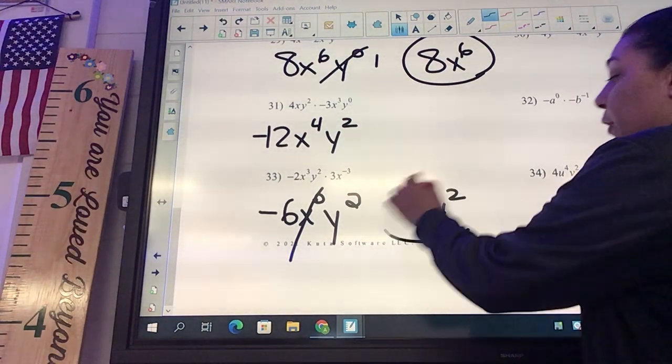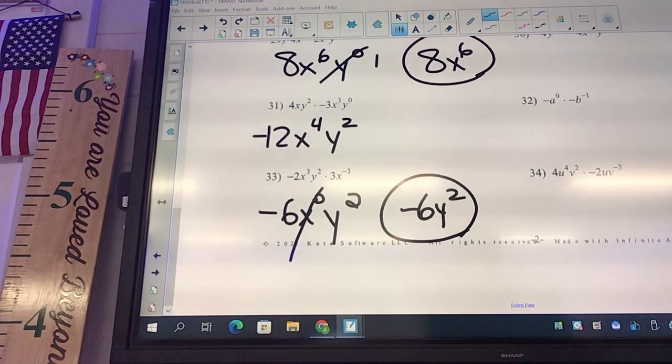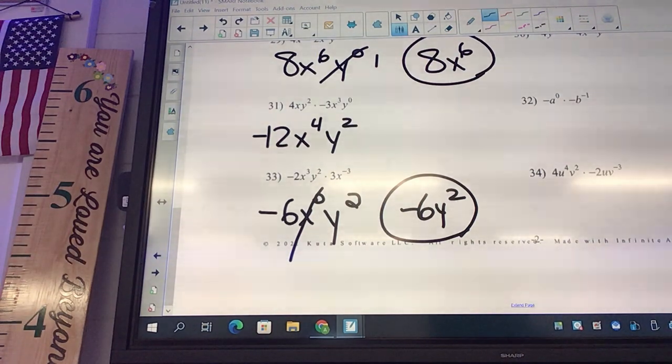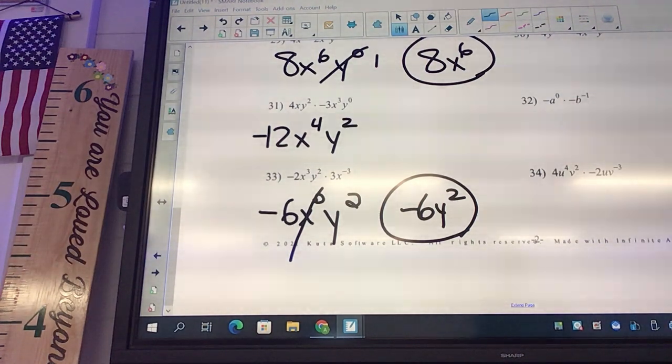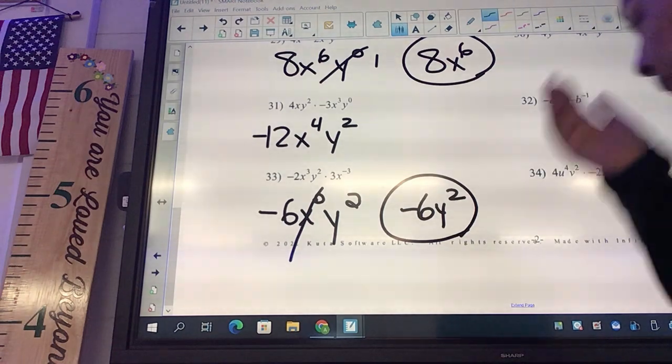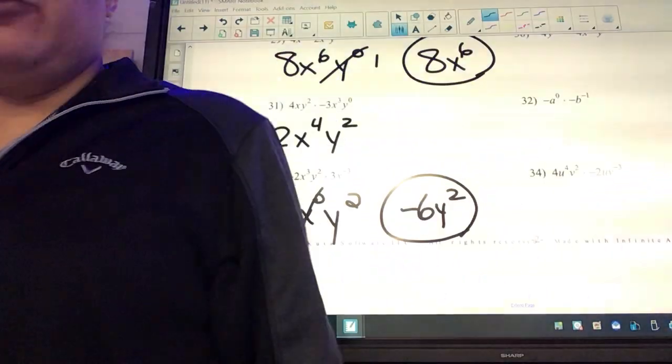Keep in mind, before you go back to it, 1 through 10 are just numbers. We do not multiply the base on just numbers. You keep the base. Go through and do the